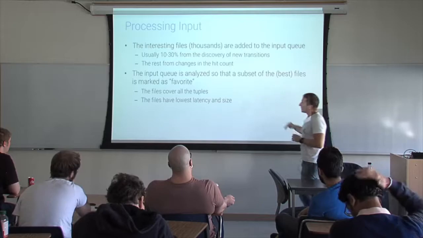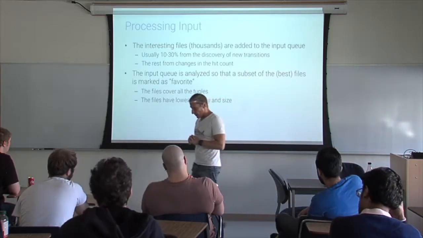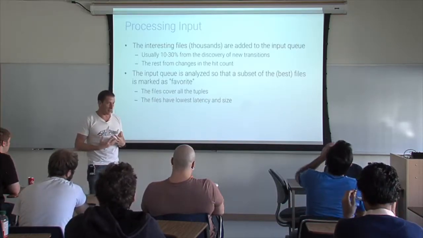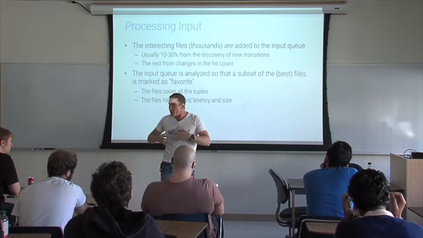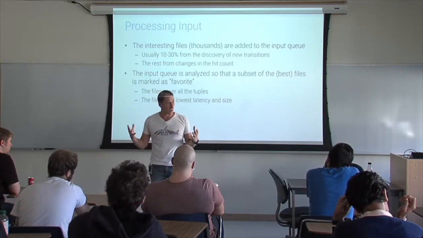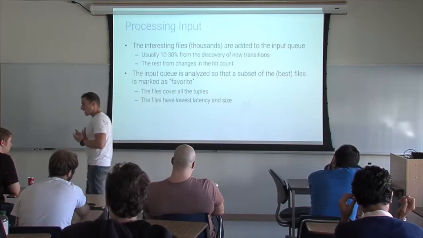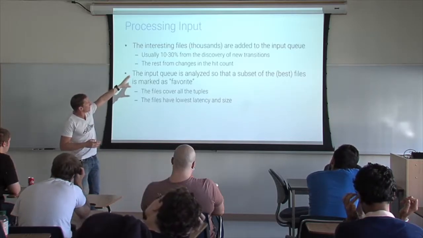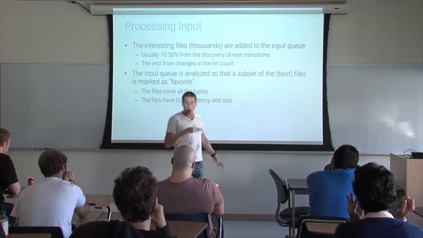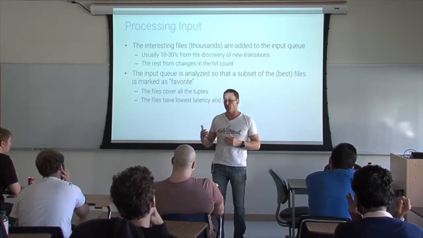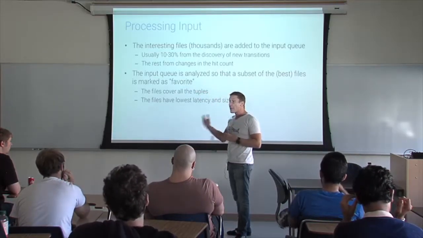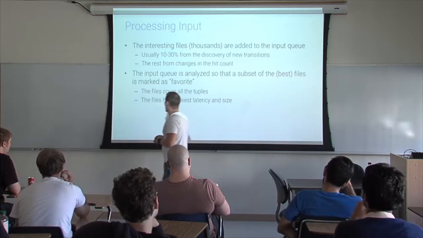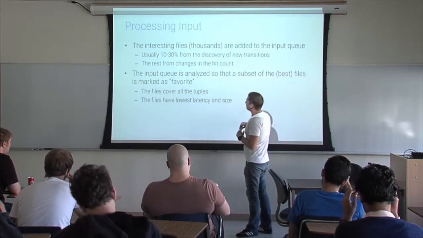And so you can see that, if you read the technical documentation, in general, AFL, even by Michael Zaleski himself, is described not as something formal, but as a framework that tries to put together a bunch of techniques that are known to work well. And when this happens, you have a bunch of files that are added. Around 10 to 30% are because of new transitions, and the rest from an increase in the hit count. The fact that a certain transition has been taken many more times for that particular input,